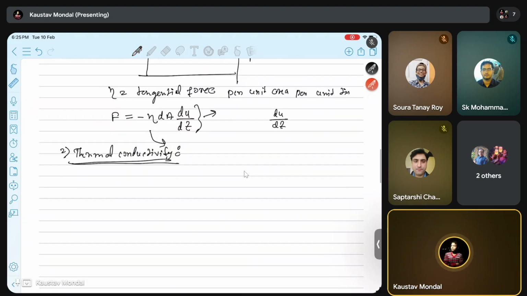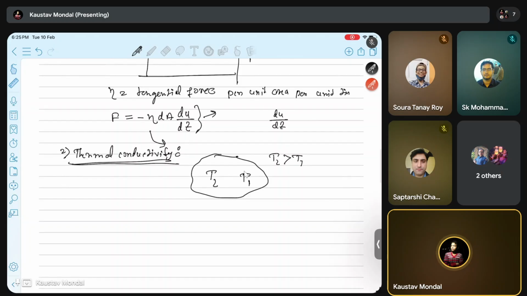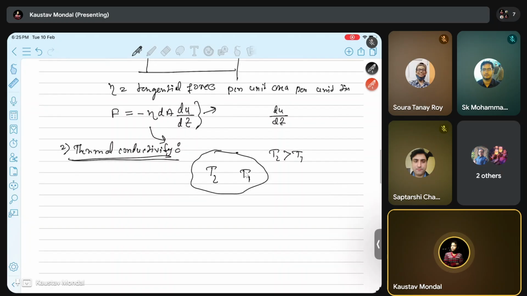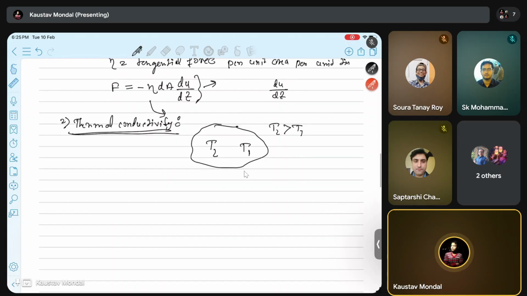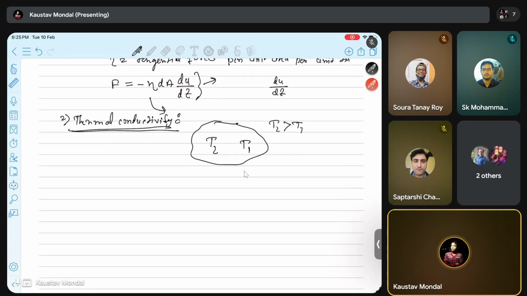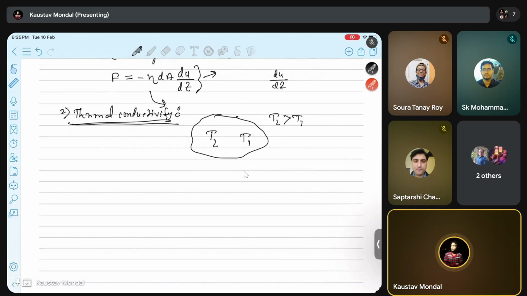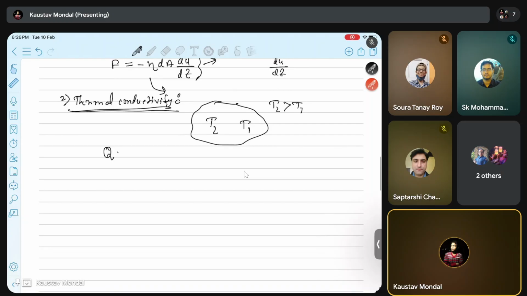So what happens? Let's suppose in a fluid or gas system, there is a temperature gradient. Some part has higher temperature and some part has lower temperature. We know the heat flows from higher to lower in order to make the temperature of the whole system uniform. So that heat, the thermal energy that will flow per unit area and per unit temperature gradient, is given by this quantity, that is q equal to minus